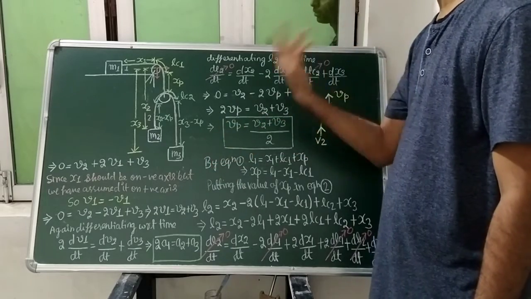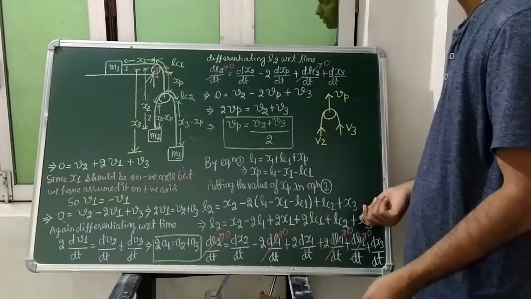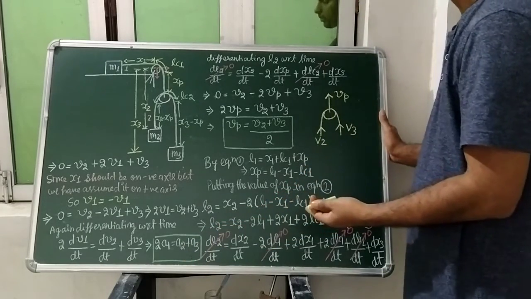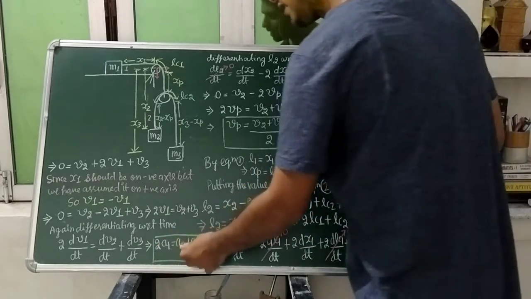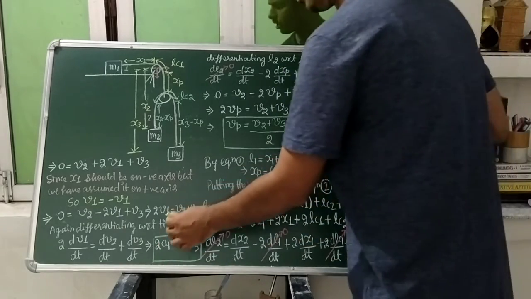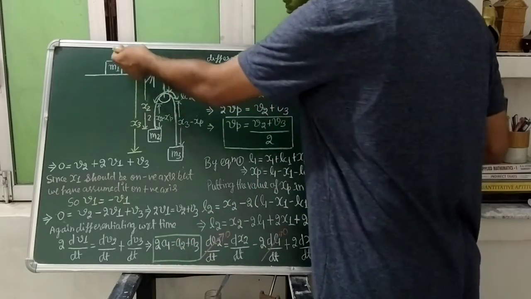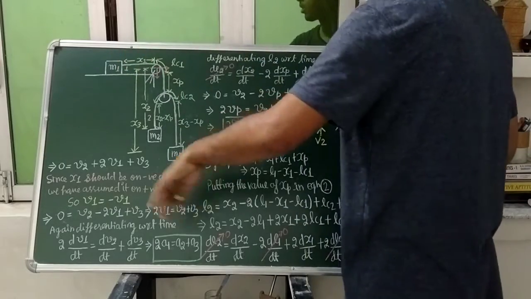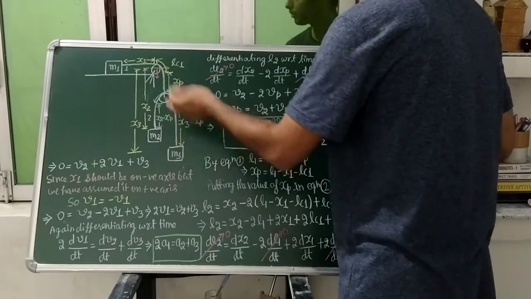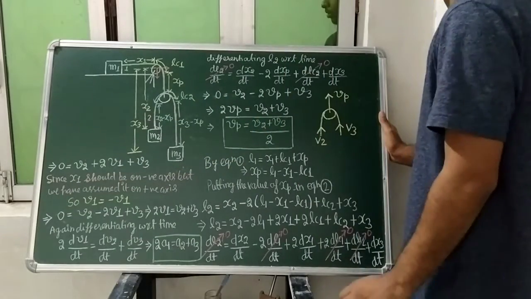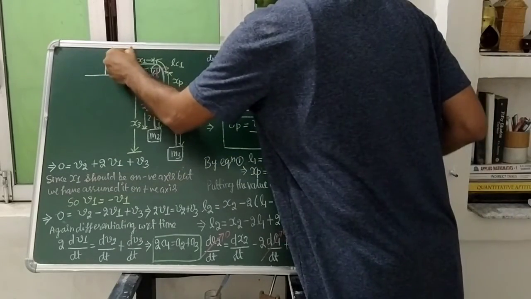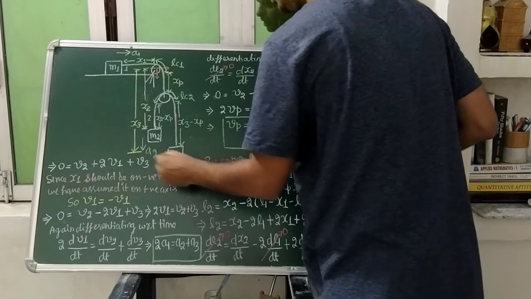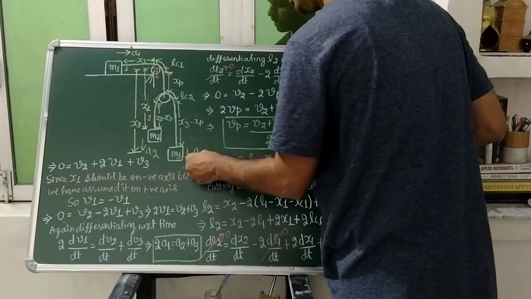So the expressions can be different. Here don't compare this expression with that short trick expression. Here the meaning is that A1, A2 and A3 should be in the same direction. If A1 is going to accelerate in the clockwise direction, then M2 and M3 are also going to accelerate in the clockwise direction. If this A1 is in this direction, then A2 and A3 will also be in the same direction.